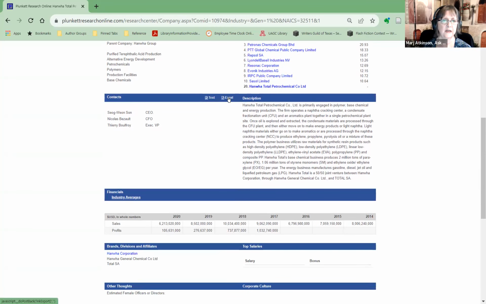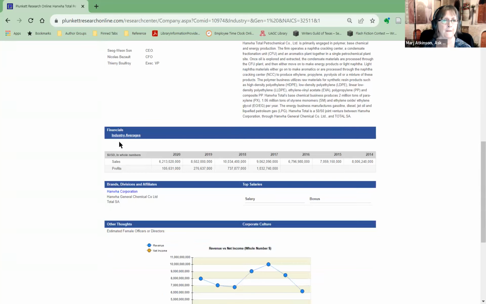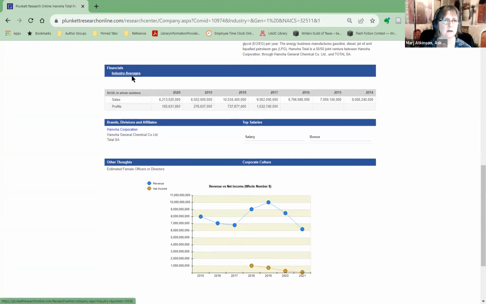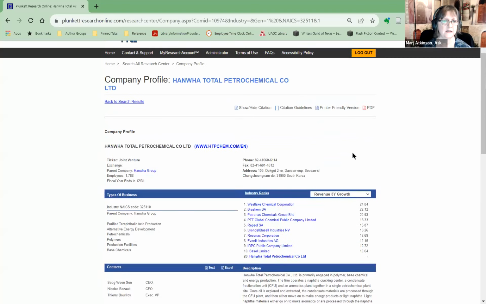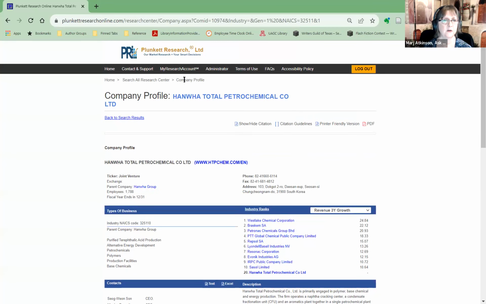You can also save this as text or Excel, and it will save all of this information for you. This gives you a description of what their company does, and then the past several years of industry averages, and brands and divisions, and these are their subdivisions. I'm going to pick a different one because this doesn't give as much information. So let's go back to